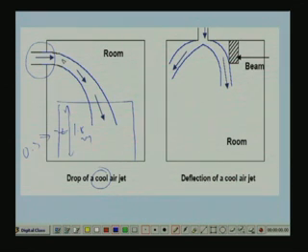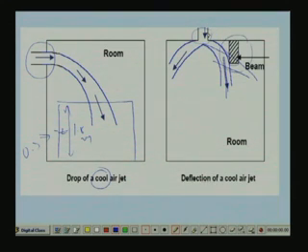Okay. So, due to buoyancy effect, this cold air stream will tend to drop into the room, that means it drops into the occupied zone finally. And due to the deflection, for example, you can see here that I am supplying cold air from the top. As you supply the cold air from the top, because of buoyancy it drops, but on this side you have a concrete beam. So when the air stream comes and strikes this, it deflects. Okay, so instead of spreading like this, it deflects in the downward direction because of the presence of the solid